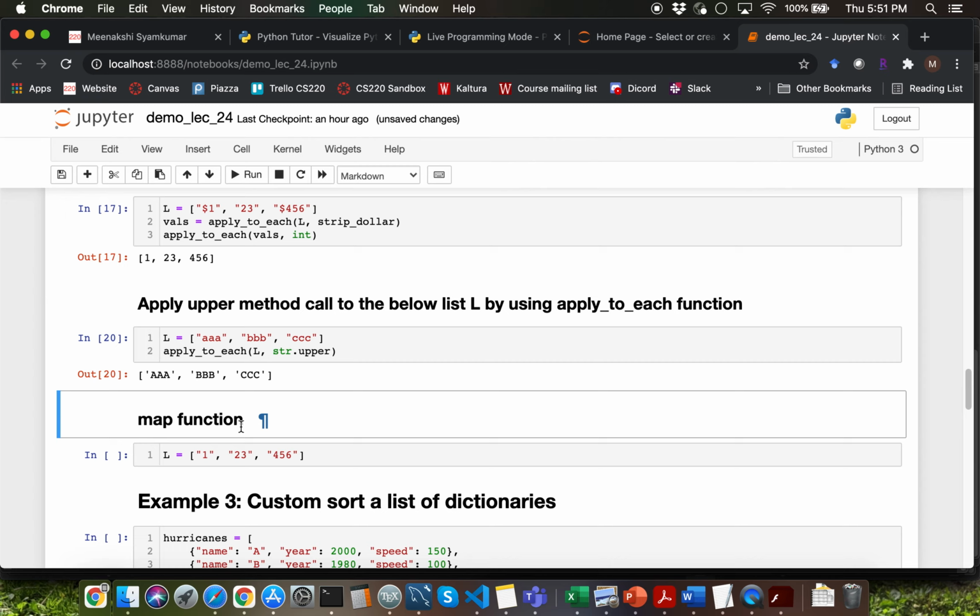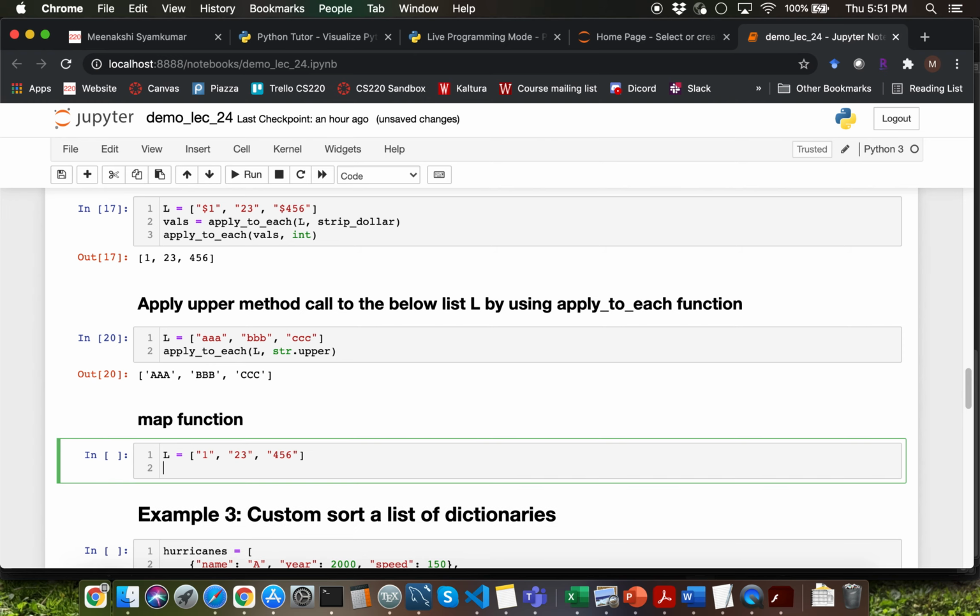Map function pretty much enables you to do whatever we did with the apply underscore to underscore each function. The syntax that you need to follow for map function invocation is to specify map, and the first argument is going to be the transformation function, which is int, and the second argument is going to be the list object reference, which is L here.